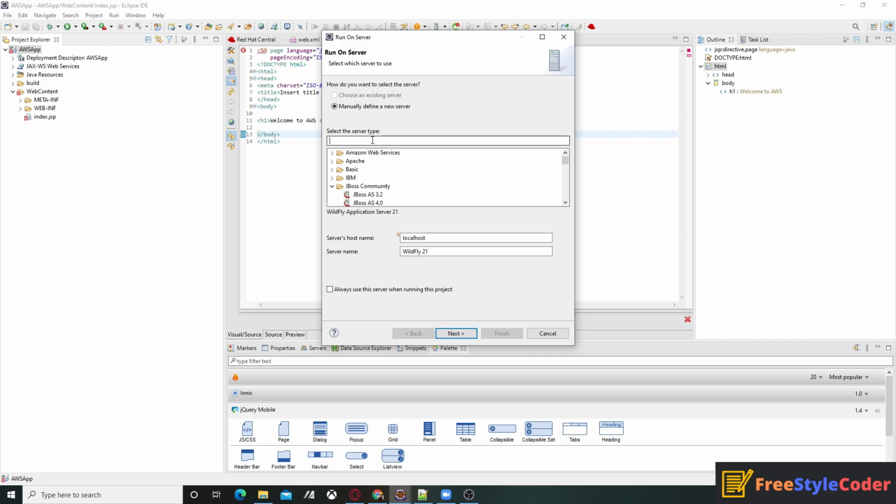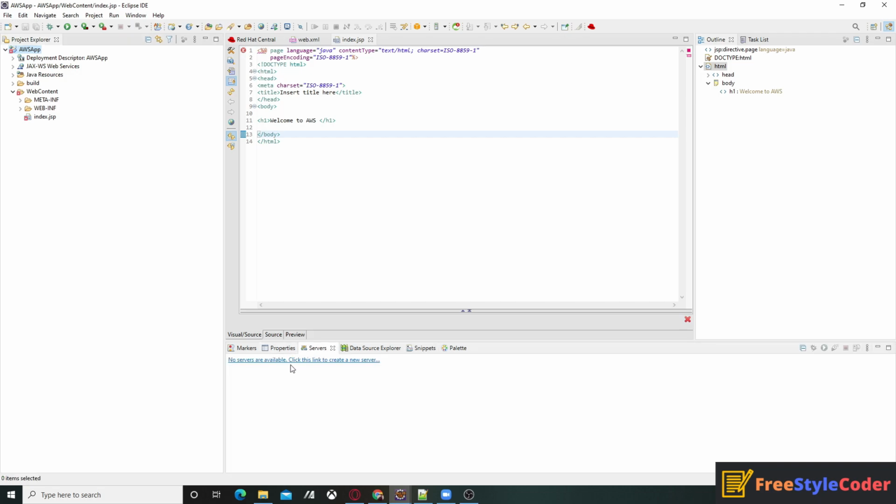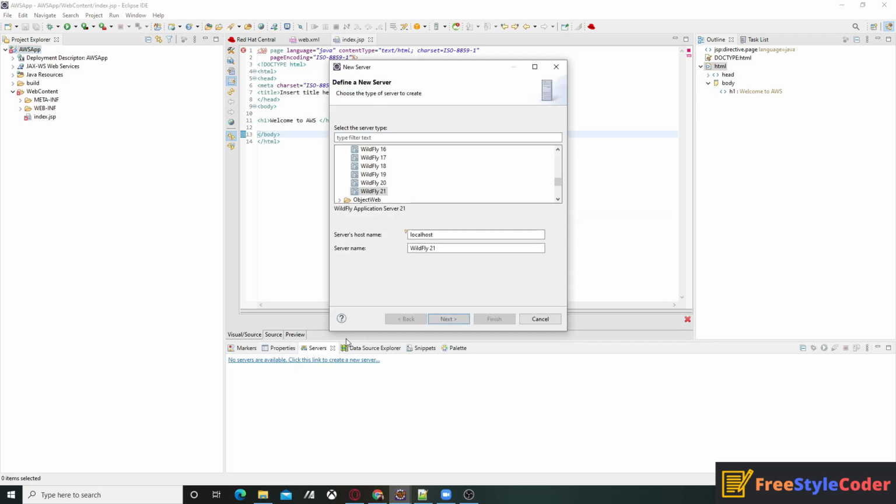Actually I didn't create the server, so I have to create that. Search Tomcat. For creating the server, click on the server tab, then click on this link. Here search Tomcat. So I have a Tomcat 8.5, so I click over here.